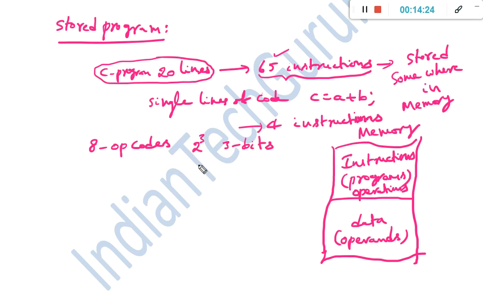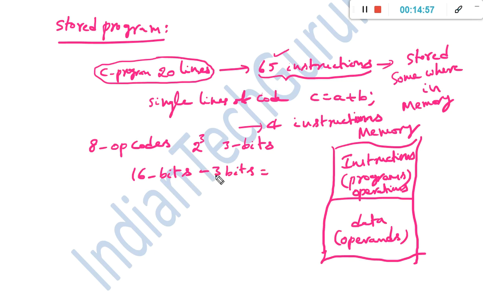Now let us see how an instruction format will look. For example, assume that the instruction code format for the entire instruction contains 16 bits. Among these 16 bits, 3 bits are needed for the opcode.